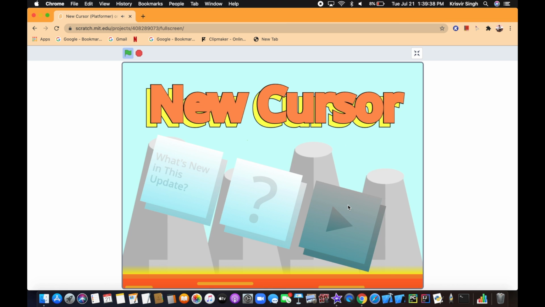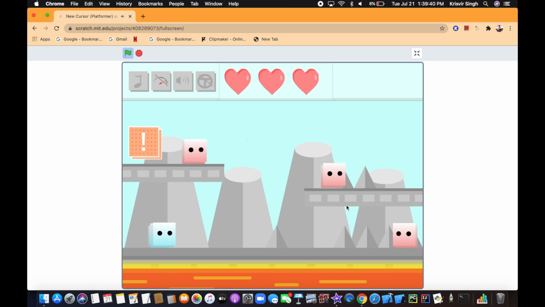I will be teaching you guys how to make a platformer game. So a platformer game is basically where you have a controlling sprite called the cursor, and you control it using the arrow keys or WASD, and you have a platform where the cursor lands on. There's gonna be gravity in the game, and also there are spikes and enemies that you have to avoid, and